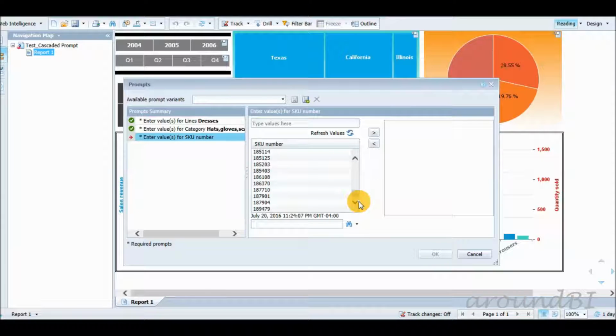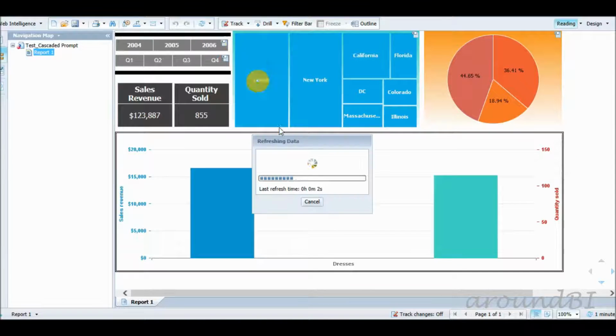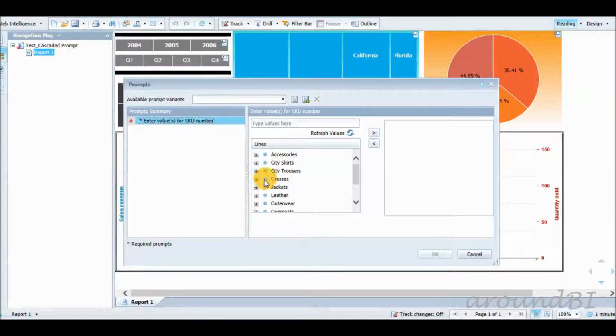His requirement is genuine. Since there is a tree relationship between these objects, the expectation is that when John selects dresses as product line, only associated categories should be available to pick, and so on. When a hierarchical display is desired, a cascading list of values is one solution. I created a cascaded LOV in the eFashion Universe and showed the updated report to John. He was very pleased. Now he can visualize SKU numbers that come under the proper hierarchy structure. He can expand these nodes and view only related items.